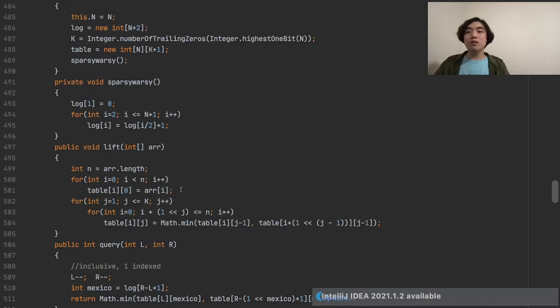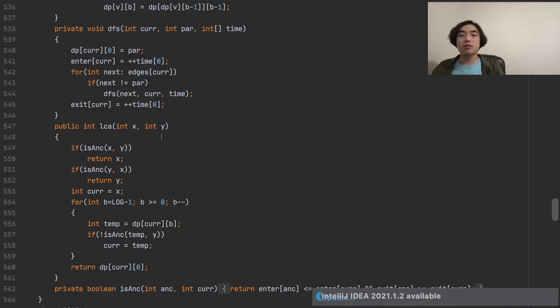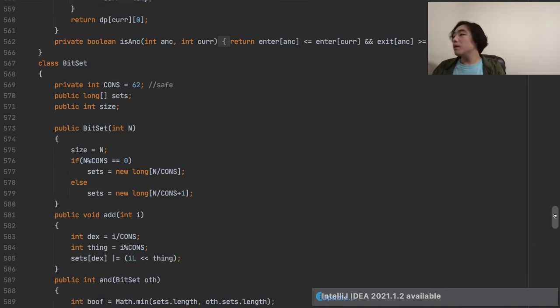Just have these data structures. I think these are helpful to have in your template. LCA, I don't really use this, like I mentioned earlier. But yeah,